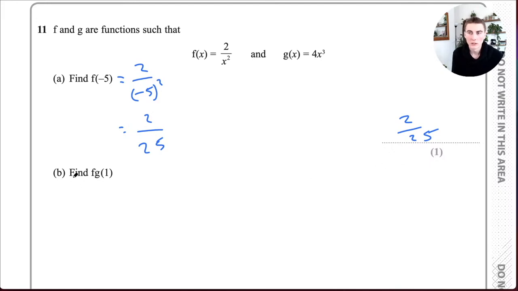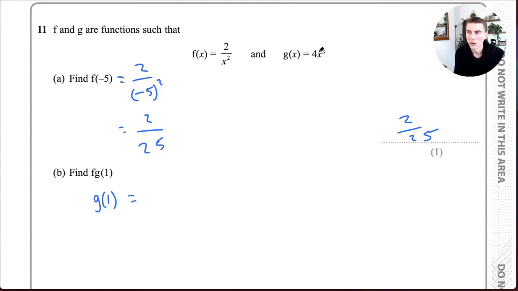Then for this one down here, we have to find fg of 1. So again, a couple of ways to do this one. I think the easiest is to first of all find out what g of 1 equals, and then we'll plug it into the f function. So to find g of 1,